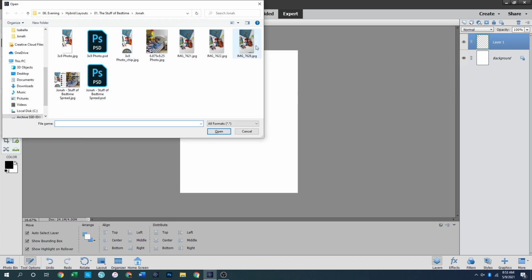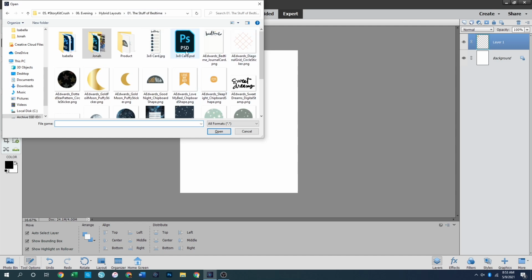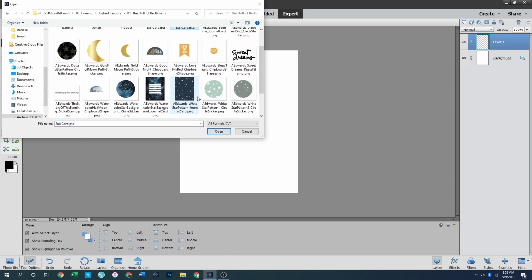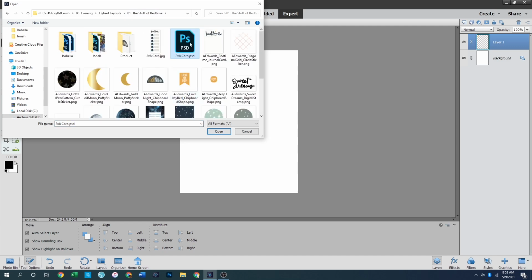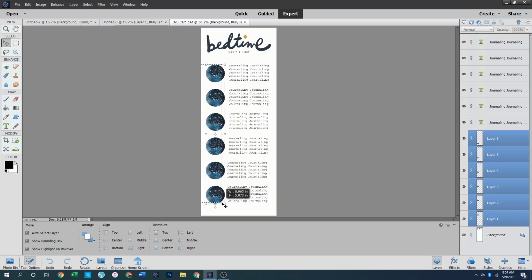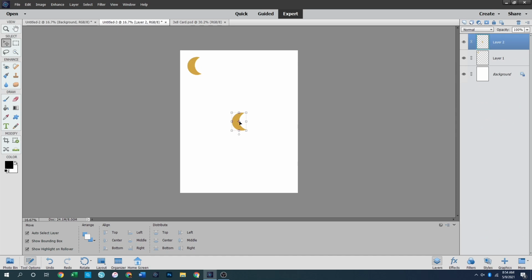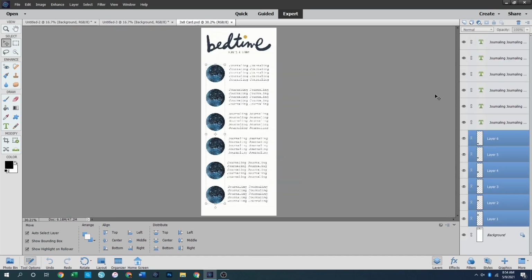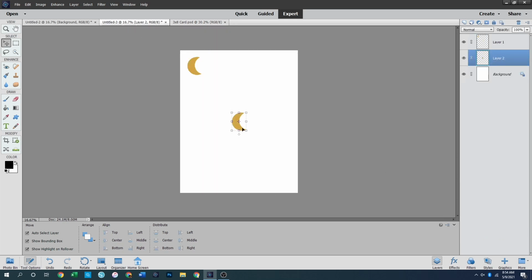Okay, so then we're going to go back to the main page. So I want this 3x8 card in the PSD file, because I want to grab all 6 of these circles, and we're going to copy those and paste them. Whoops, I keep forgetting that Photoshop Elements is a little bit different. So we need to make sure that we've got everything selected. Then I've got my layers. We'll copy those, and then